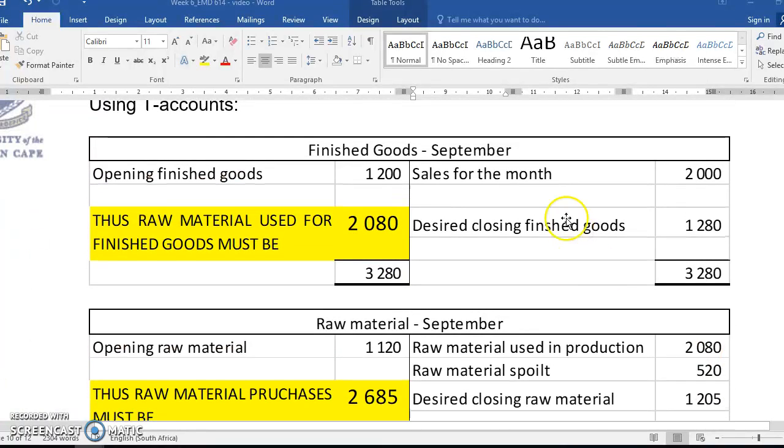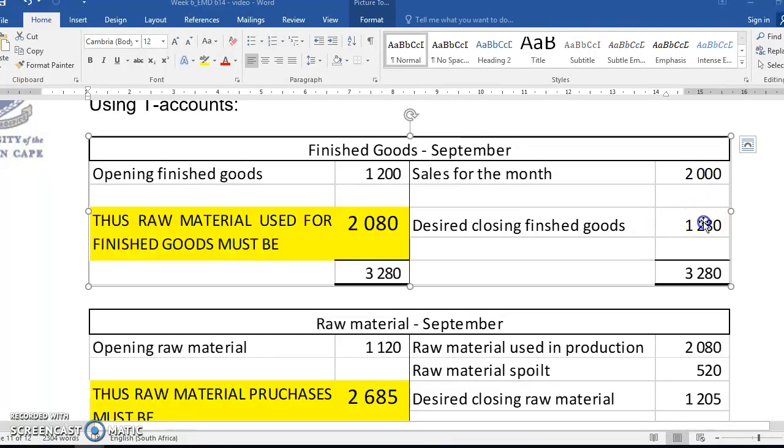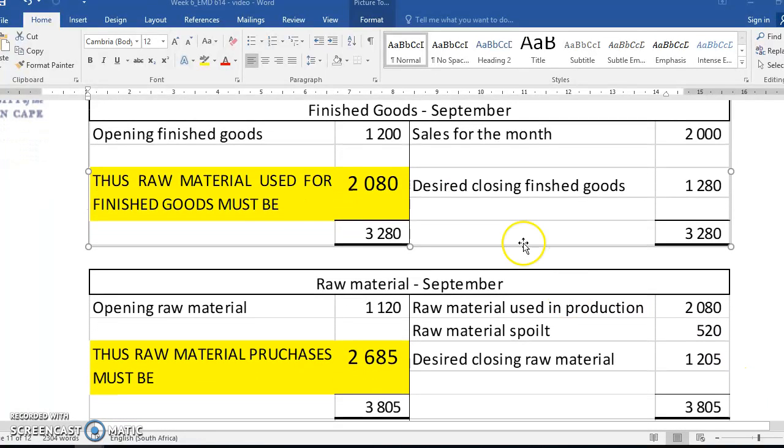And just to show you, it's 2,000 sales plus 1,280 closing stock, 3,280. If finished goods is 1,200, then raw materials used for finished goods must be the 2,080. Alright, and then if 2,080 eventually ends up in finished goods, that means